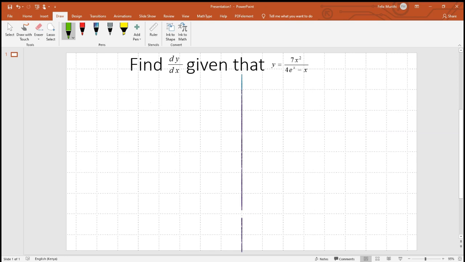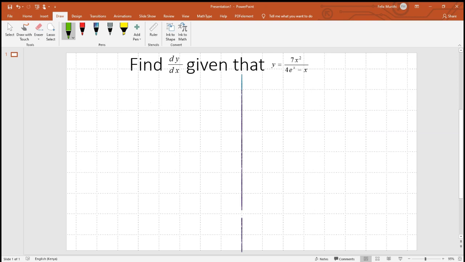Today we are going to solve this problem, and it's given by: find dy/dx given that y is equal to 7x squared over 4e^x minus x. Okay, so definitely this is differentiation, and